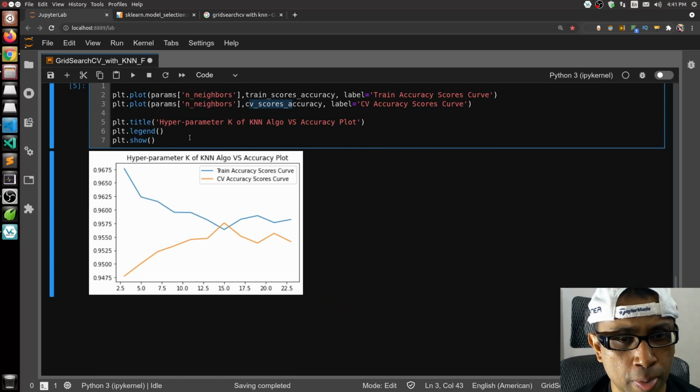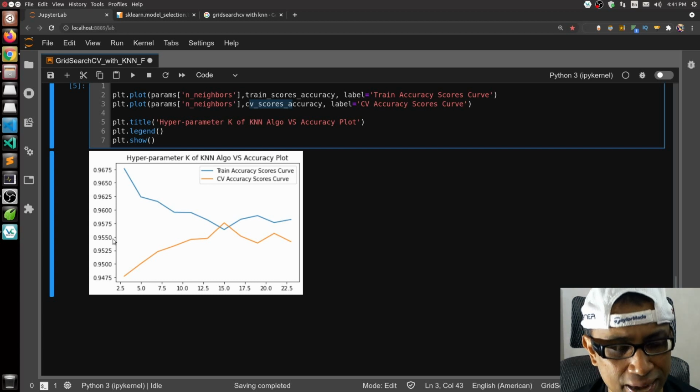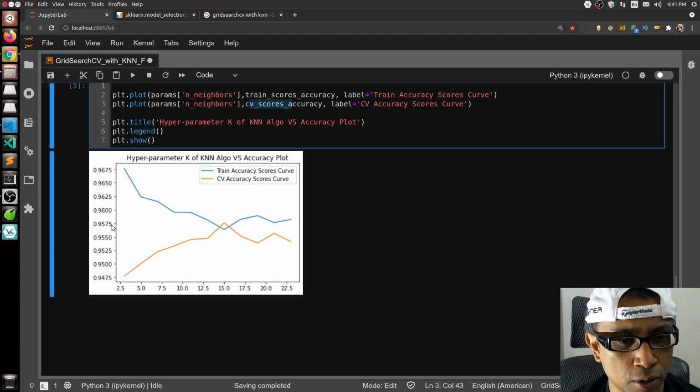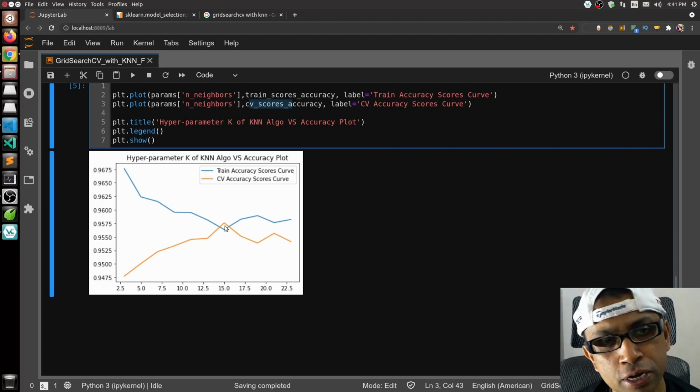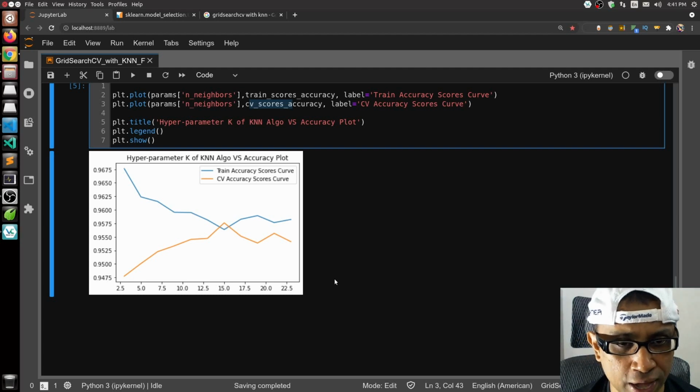So the most important thing is that I have to choose a k for which I get the maximum accuracy for my cross validation plot, but also the distance between these 2 peaks should be the minimum. So I can see that this is the point, which is my optimal k from this graph. It's something like, I think it's almost at 15. So 15 in this case would be my ultimate optimal k value for running the k nearest neighbor algorithm